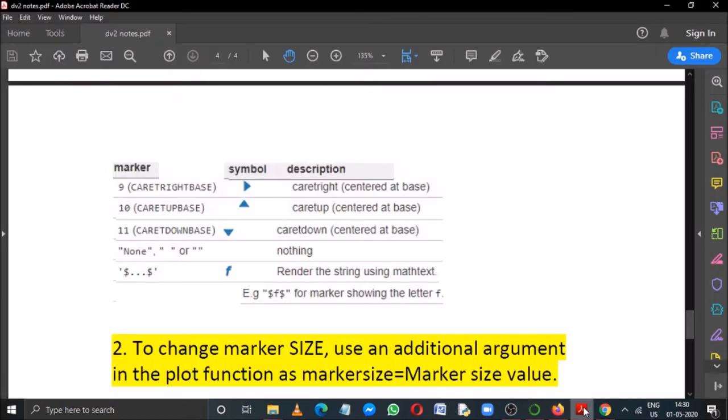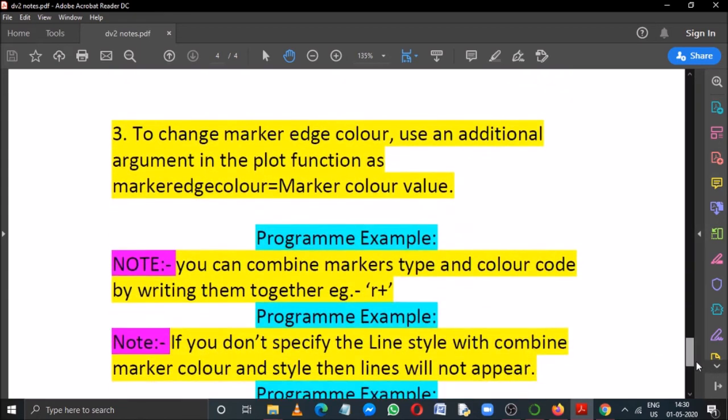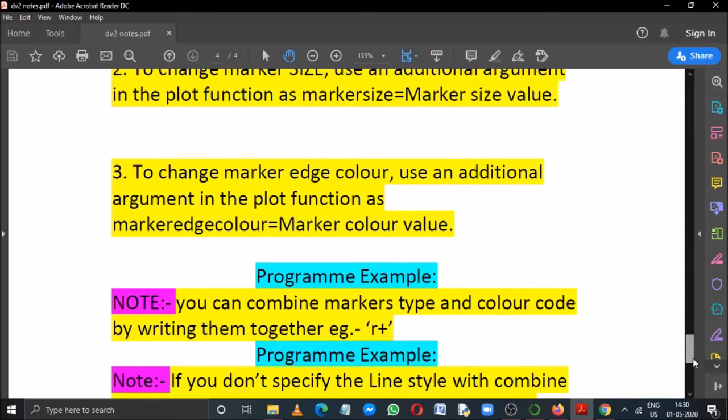Now we'll come to the next topic. After marker size, what about the marker edge color? Now suppose I want to highlight those markers. So for highlighting, we can always change the edge color of the marker, but the inner color will be same as its line color. We can only change the edge color.